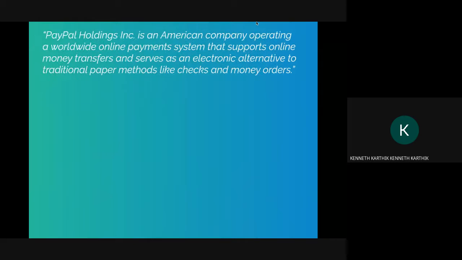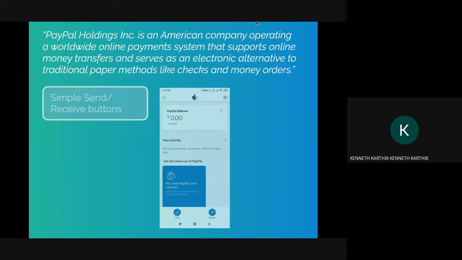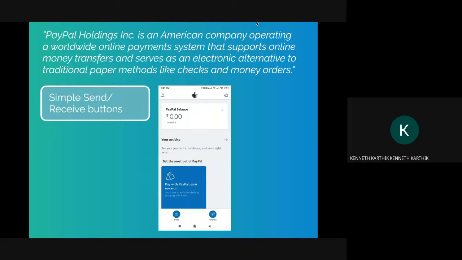And then I had a look at PayPal. So PayPal, obviously we all know it's a very popular tool, and it was probably one of the pioneers in that fast instant transaction industry, where everyone across the world was using it. And it was popular from way before UPI was even introduced.